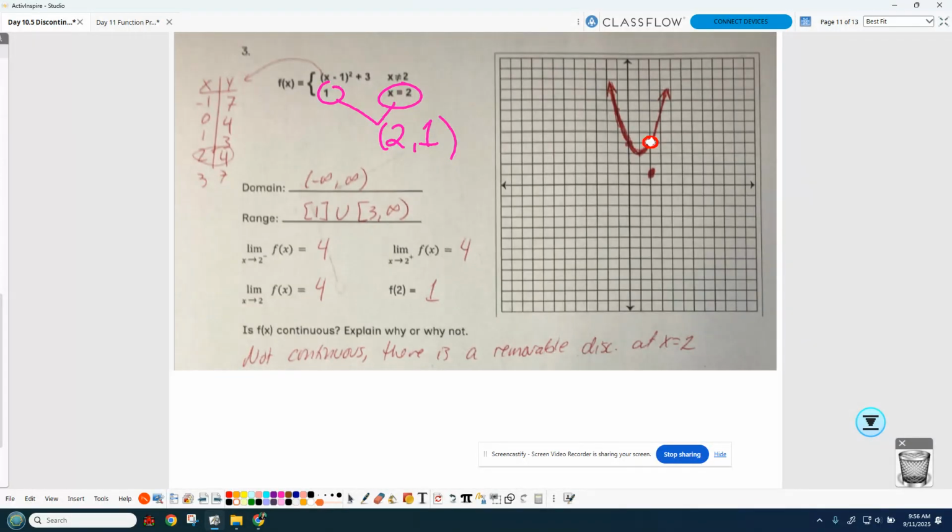What kind of discontinuity is it? Removable, because that's what it says on the board, yeah? Guys, things that are just a little cut, a little tiny single circle, and the road from one side is going to the same place as the road from the other side, but the bridge is washed downstream. That's removable. If you glued it in the right spot,